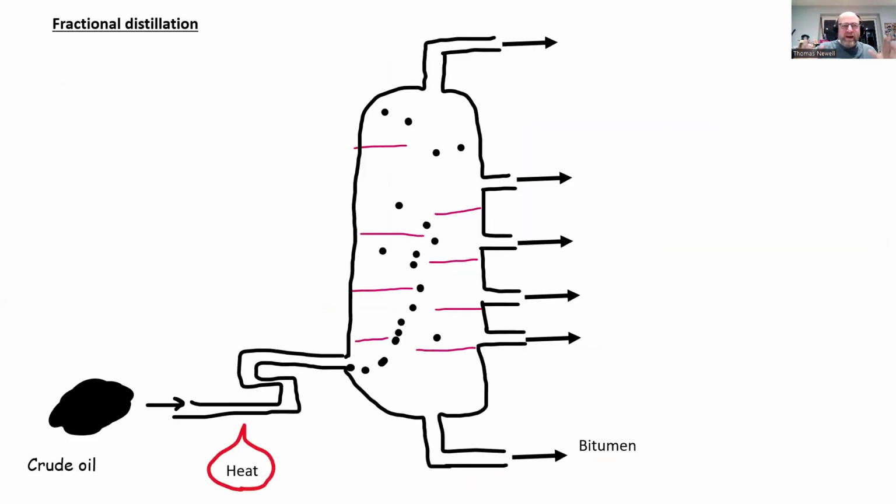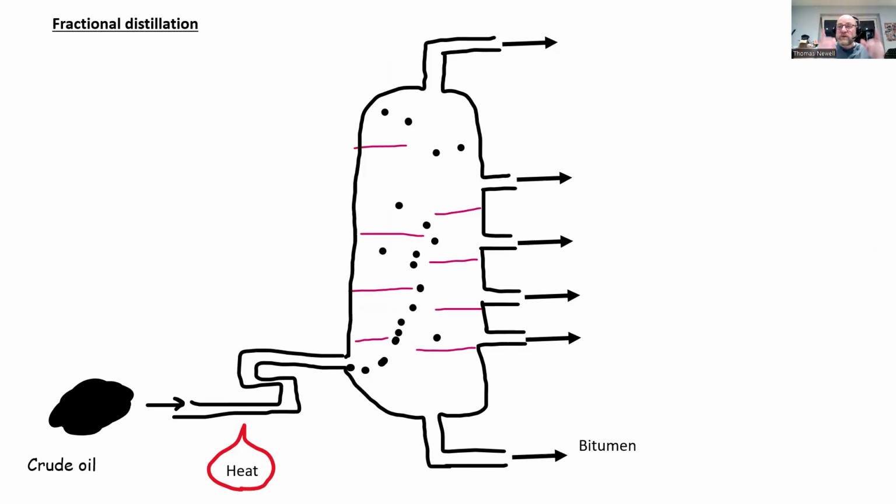Let's look, what do you do with crude oil? Well, crude oil is pretty useless as a substance on its own. It's thick, it's black, it's a mixture of lots of useful substances put together, but it's too thick, not very flammable to be used as a fuel, and not very useful in its raw form that it's drilled out of the ground. So what do we need to do? We need to separate crude oil into all those useful components, fractions we call them, all the separate parts that make up the mixture that is crude oil.